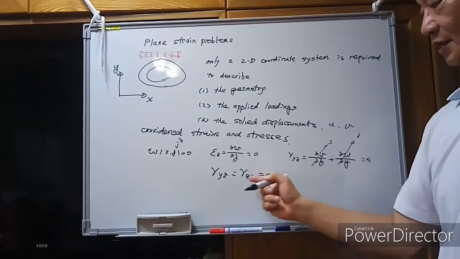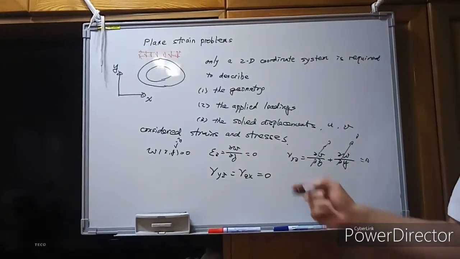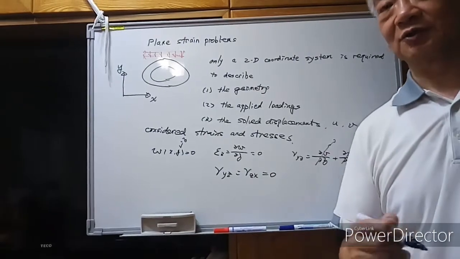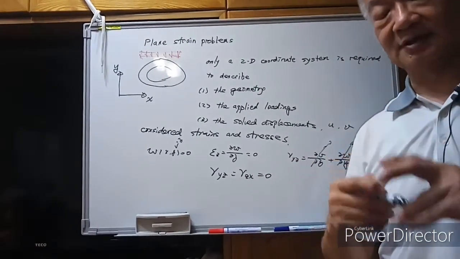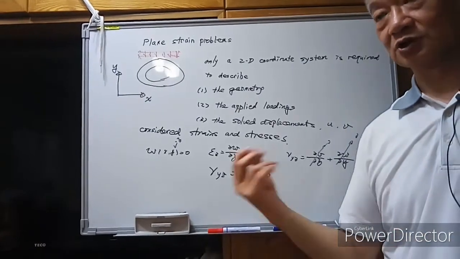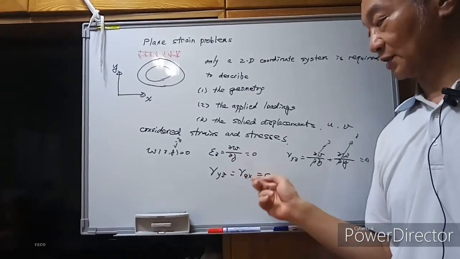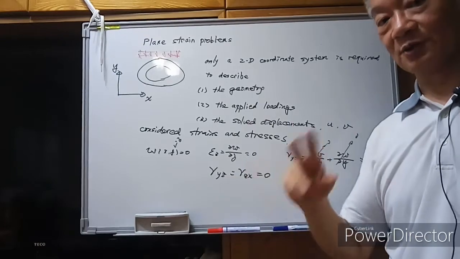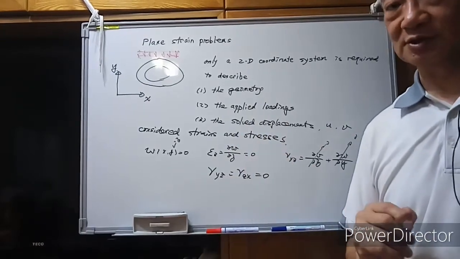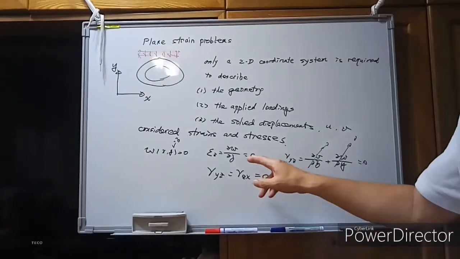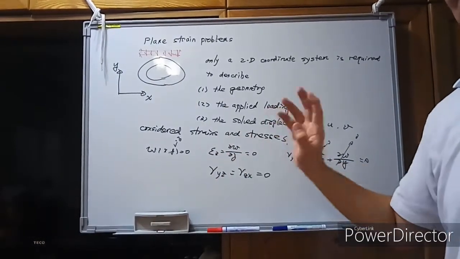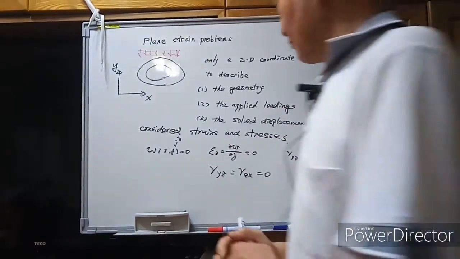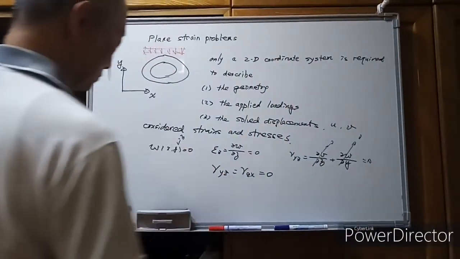The same thing applied to the gamma zx. You can check the two partial derivatives, and then you can explain why, to get the gamma zx, both terms must be equal to zeros. Okay, so the conclusions will be all these three, they should be equal to 0. Therefore, the only non-zero terms